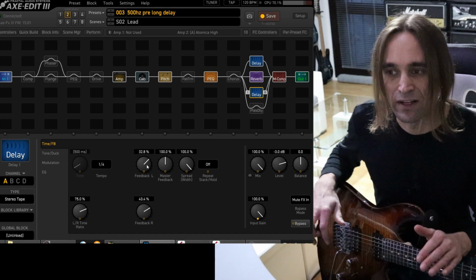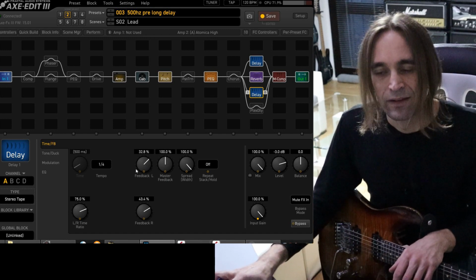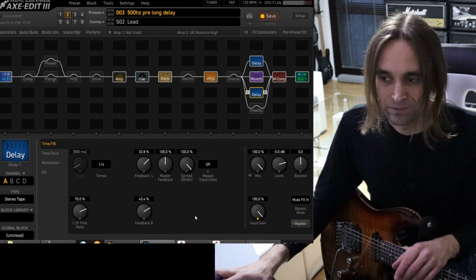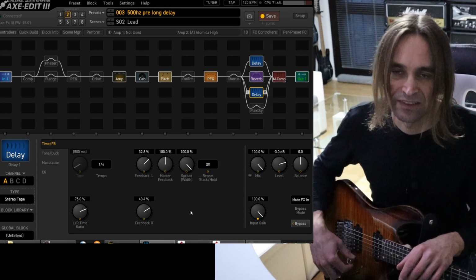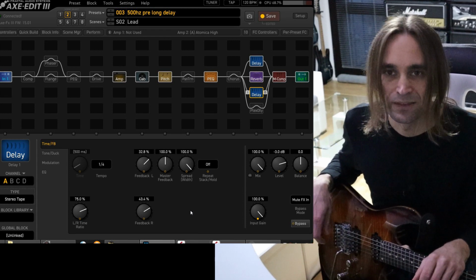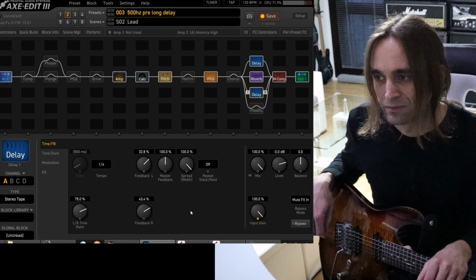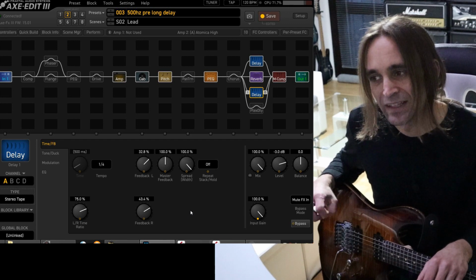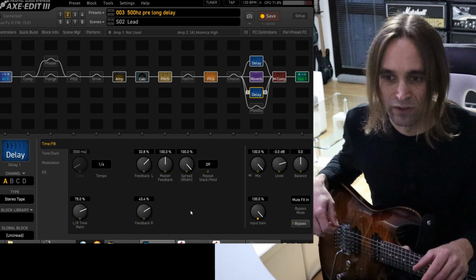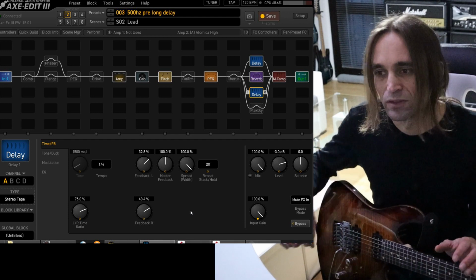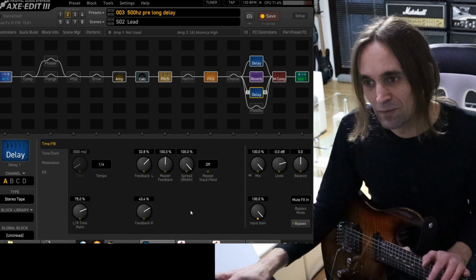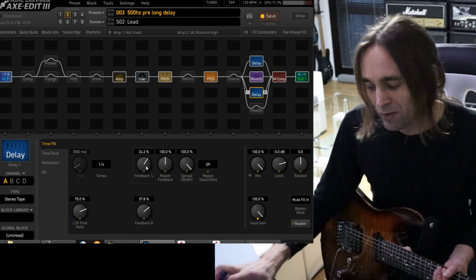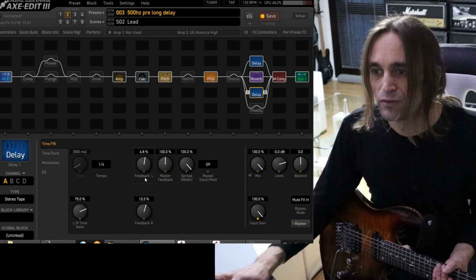I wouldn't set the feedback that long here, and also not that loud when I'm playing live. So one piece of advice for you is to try out your delay settings at loud volumes, maybe at rehearsal volumes or gig volumes, because usually then the delay interferes with your playing much more than at bedroom level. So usually I dial it back more when I'm playing live, and I, for example, set it to maybe only 1 or 2 feedbacks